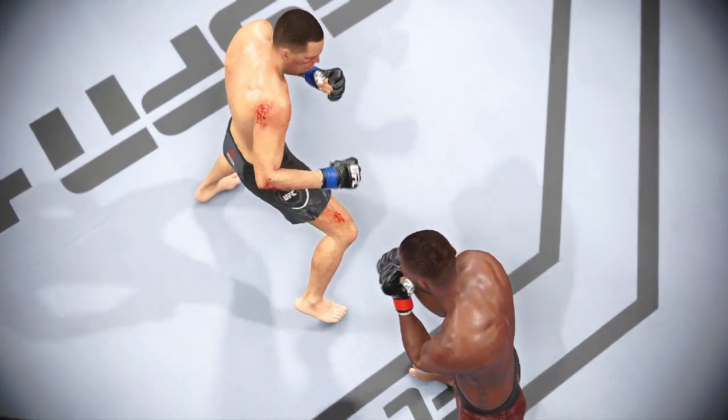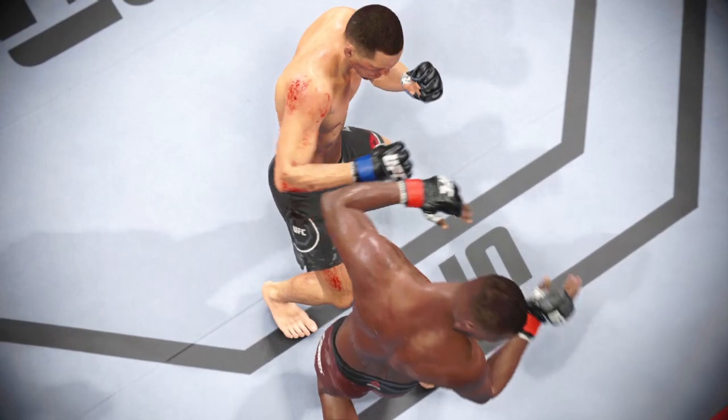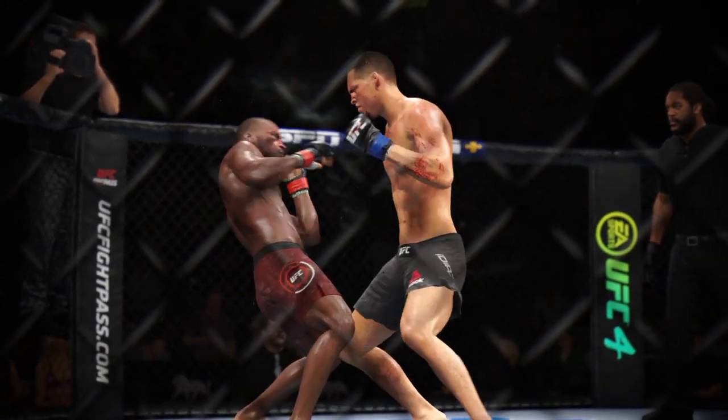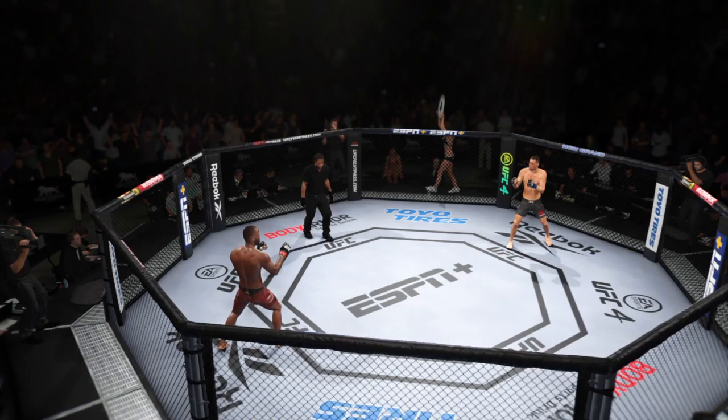All right, let's now look back at some of the action from that round. He went headhunting, landed, nearly got the finish too. A lot of coaches tell you don't headhunt. In this case, he's been headhunting, and he landed a big enough shot to truly put his opponent on notice. All right, here we go. The tension is